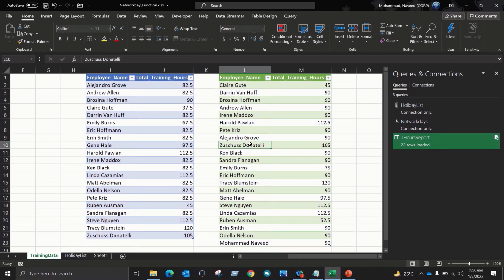So this is how we create our own custom function in Power Query. I hope this video helps you understand how we can create our own custom function in Power Query using M